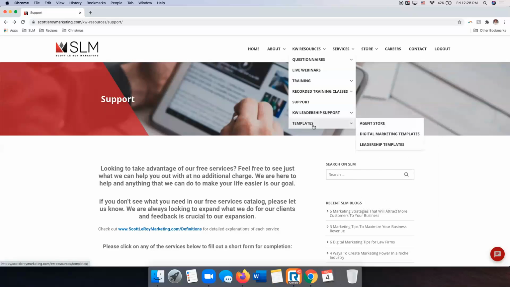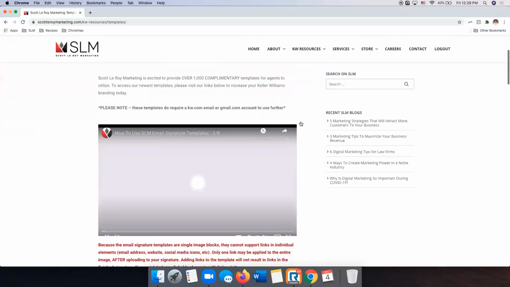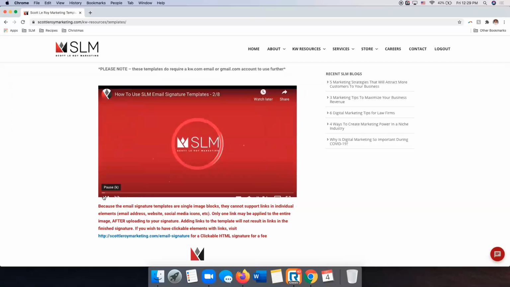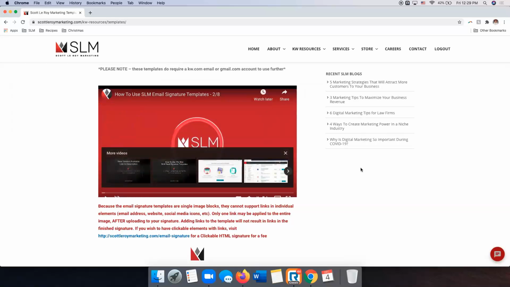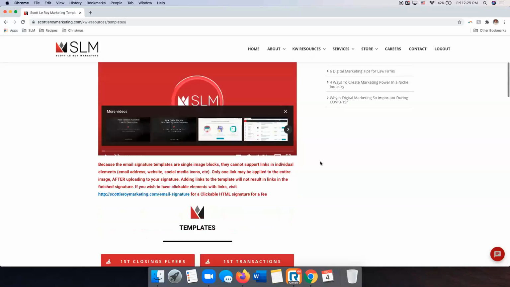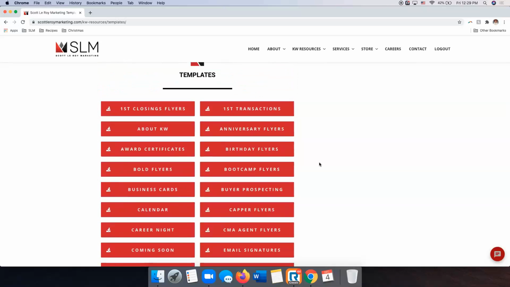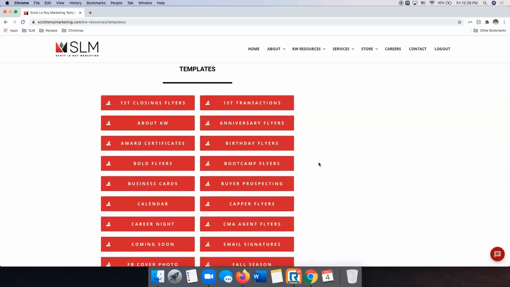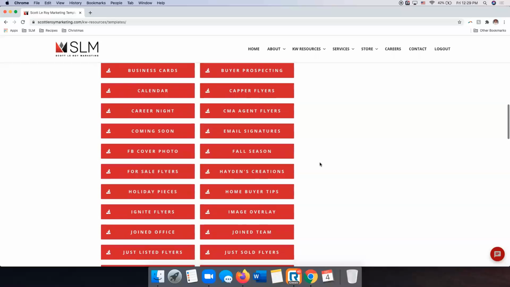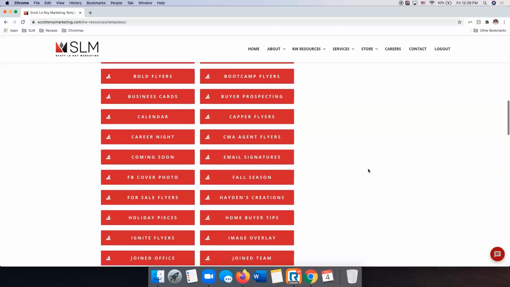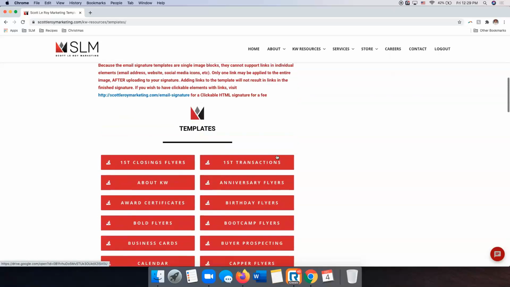Let's go ahead and click on this last option for templates. So KW resources, and then I click directly on templates. So you do have a lot of great templates through Command that you have access to, but we offer some here on our website as well. We have different flyers, calendars, Facebook cover photos, but what most people utilize our templates for would be for the email signatures. So at the top,